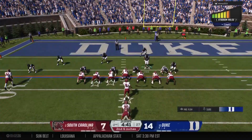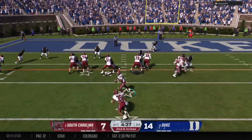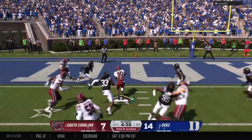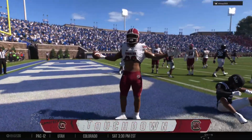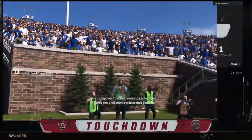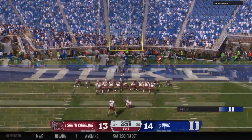Here comes a crucial second down play. Every yard tough to find down here in the red zone. One man at the backfield, and he'll get the football. And he runs it in for the score. Touchdown, Gamecocks. Kirk, they were backed up to start the drive, but some bold play calling, great execution, and they